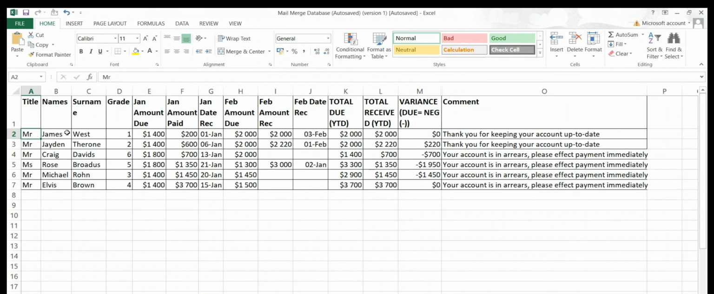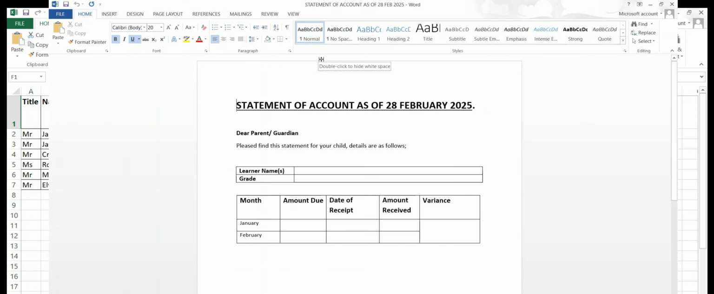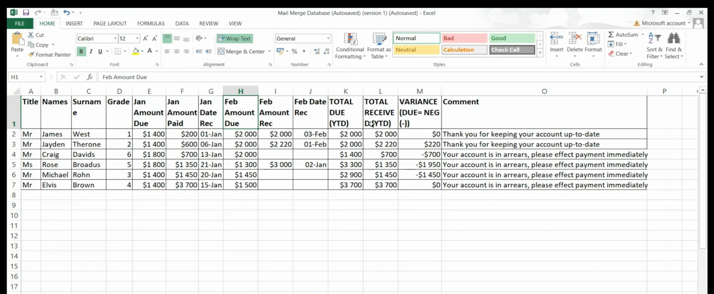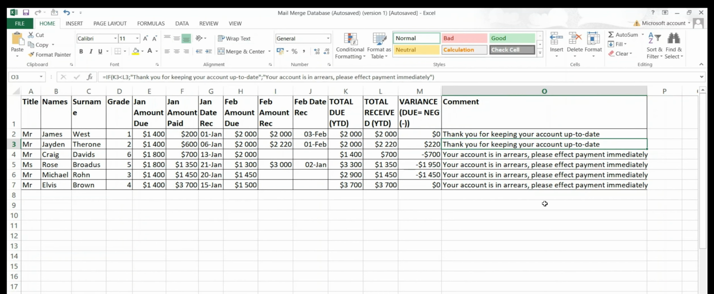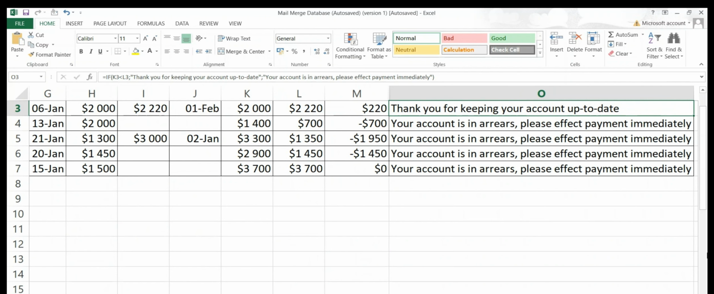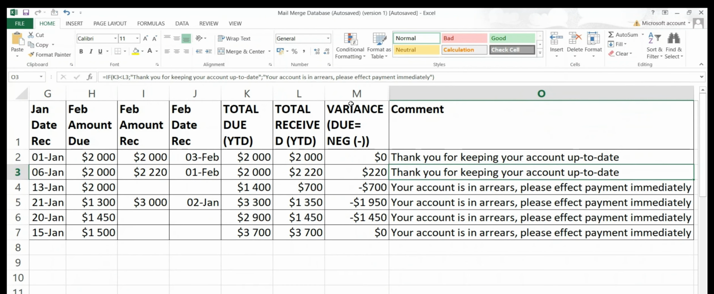Mail merge is a feature in word processing and spreadsheet software, like Microsoft Word and Excel, that allows you to automate the process of creating personalized documents, such as letters, emails, labels, or envelopes. It works by combining a main document, like a letter template, with a data source, like an Excel spreadsheet with names and addresses. This way, you can generate multiple personalized copies of the document without manually changing the details for